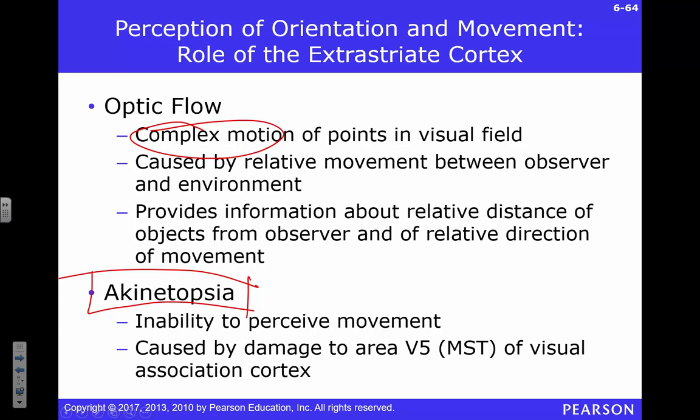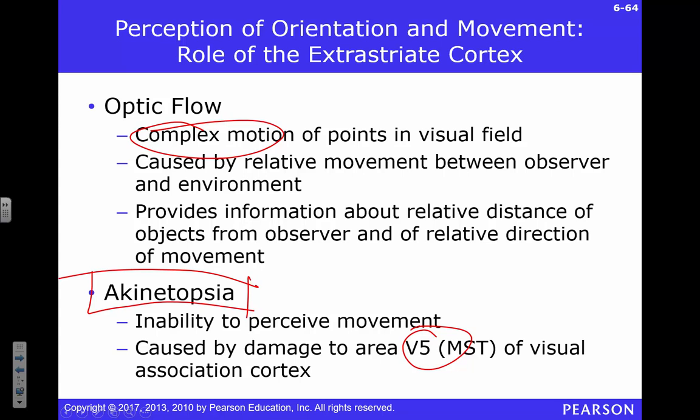There's something called akinetopsia. This is actually pretty cool. So if you have damage to a brain region called V5, you actually cannot perceive movement. So all you're seeing are like static images all the time, right? Can't perceive movement. Something moves, it disappears, right? So if you're standing still, they can see you, and then you start walking, and then you're gone. You still hear your voice. It's like this disembodied voice floating across space, and then you walk over here and you stop, and all of a sudden, wow, you appeared again. That's pretty interesting, right?